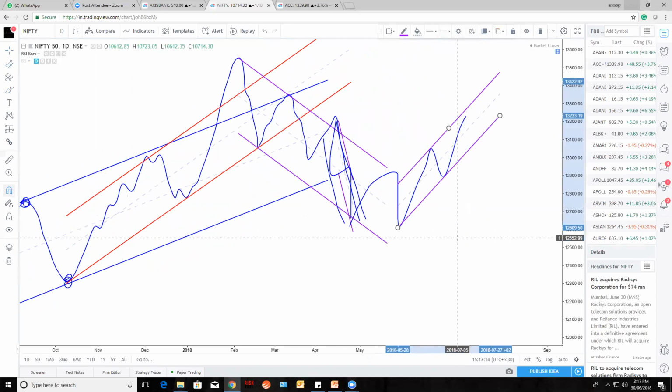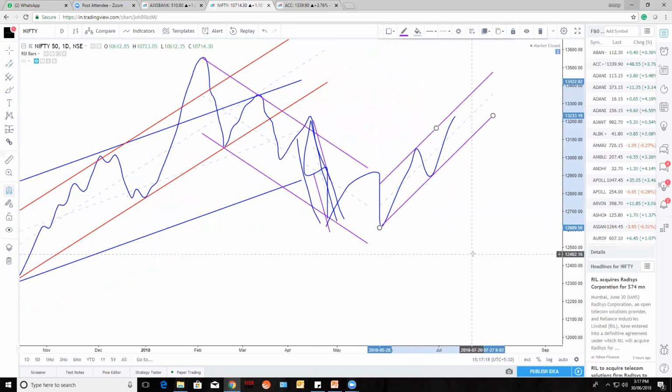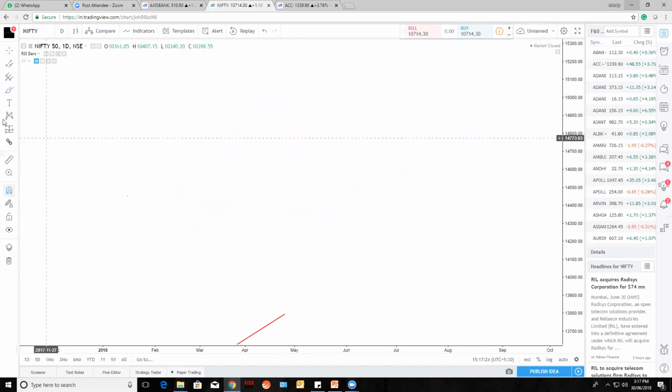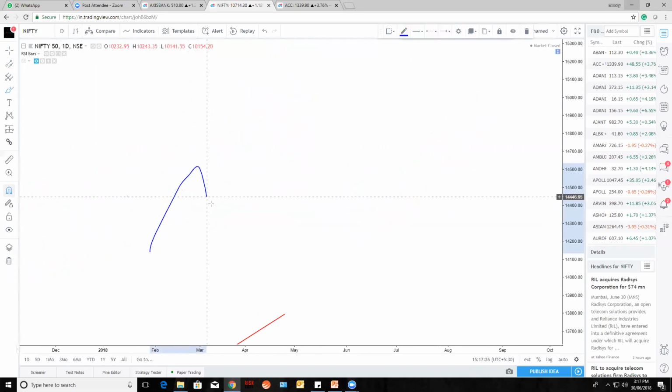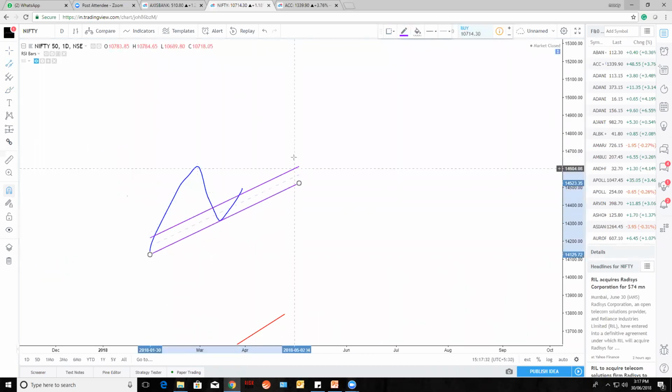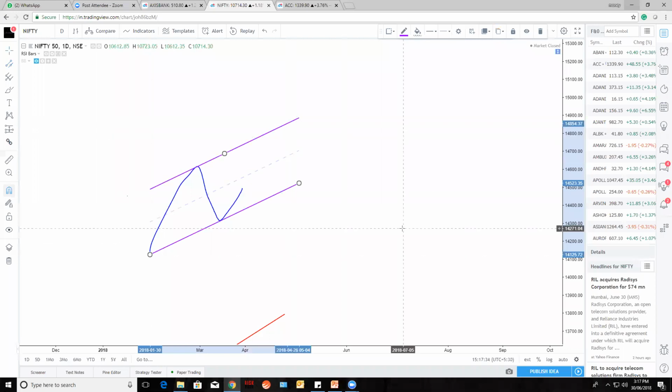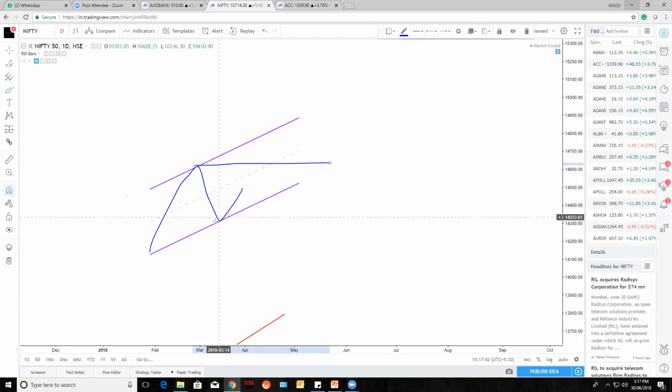Okay. And where you need to draw the channel and when you need to draw the channel. Let's say at this particular point, let's say this is 1 point, 2 points you got, third you got. You draw the channel here. When will we draw the channel? Only when there is a price closing above this. Then only this low is valid.